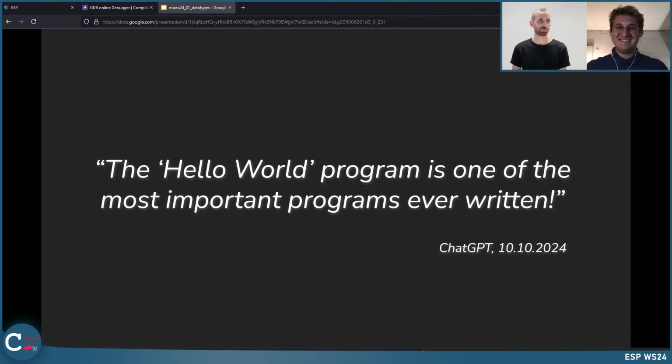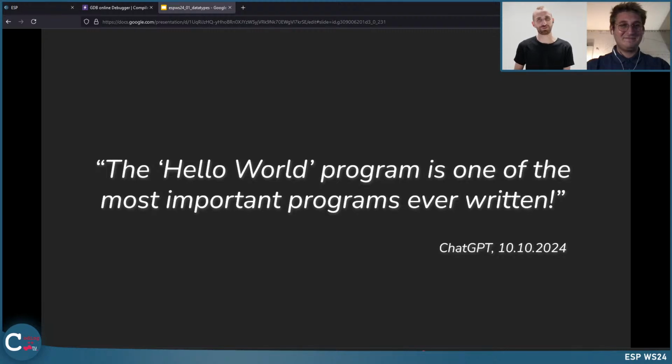It was ChatGPT, I asked it today. So fair enough, but it is actually a true quote, as far as you can quote ChatGPT. It wrote it today, and I found it quite funny, so I wanted to put it into my slides here. So what is the Hello World program?